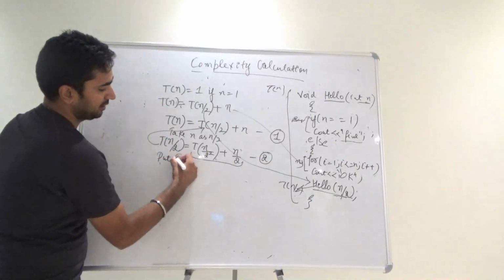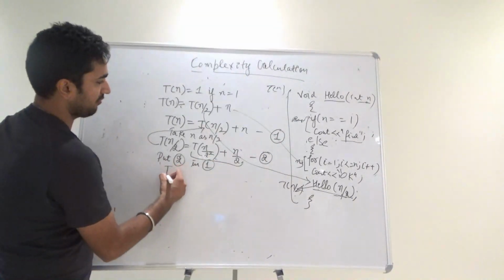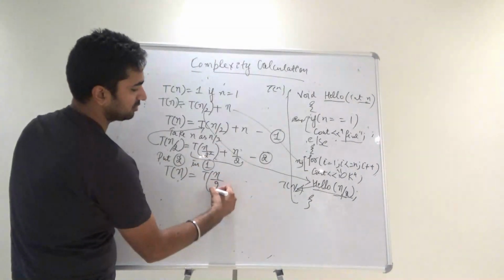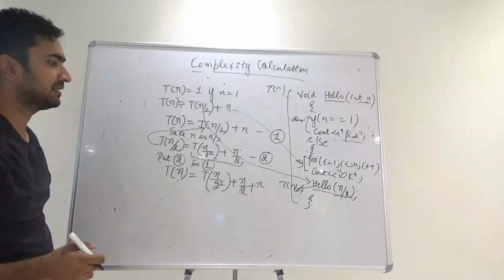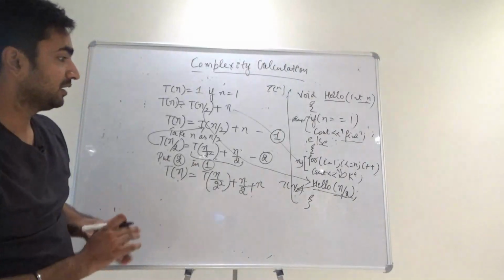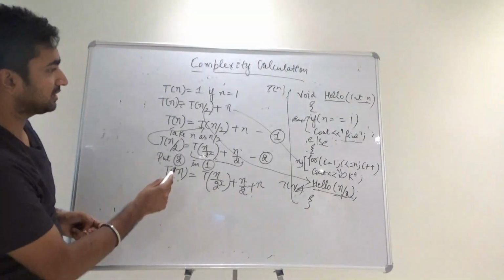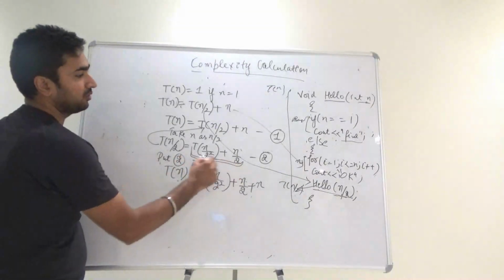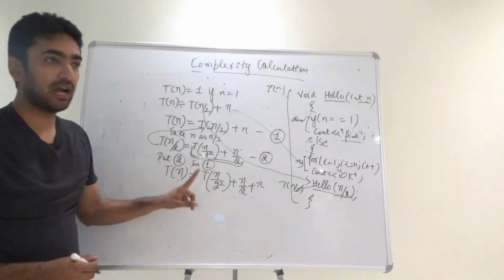So you put 2 in 1. What answer are you going to get? You are going to get the answer of t of n as t of n by 2 square plus n by 2 plus n. So this is the answer that you are going to get out of this particular part. Now you need to understand this equation very properly, that this was t of n by 2 square. This value that we are going to put, we are going to put that value in this. So the moment we put, we got this answer.